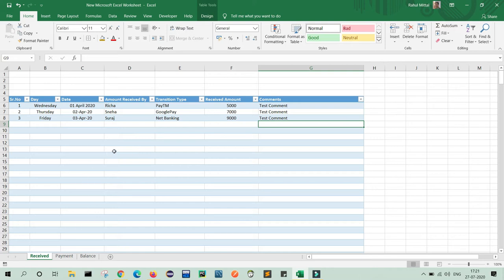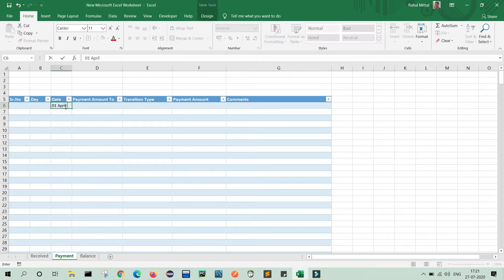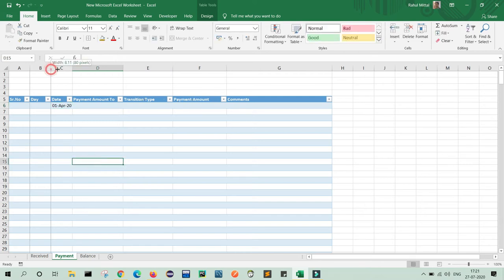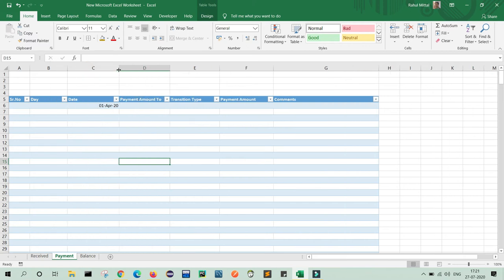So same activity we will do for payment. So for serial I will provide any date here like 01 April 2020. Make some area big by aligning. Here you can see the date, everything properly.